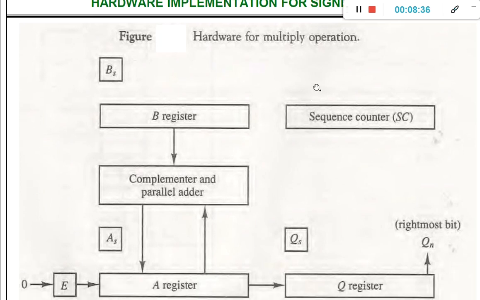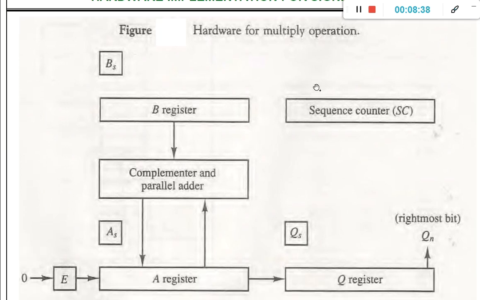We need 2 registers, register B and register Q, to represent the multiplicand as well as the multiplier. We are going to store the multiplicand in register B.